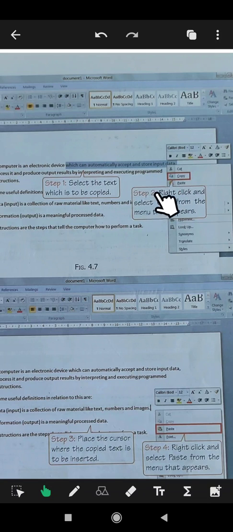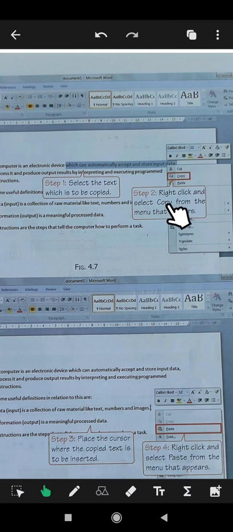See, step number 2 is given here. Right click and select copy from the menu that appears. Whenever you right click on this particular text after selecting, you will see this option pops up. There are different options here like cut, copy, paste, etc., but for this purpose we need the copy function.